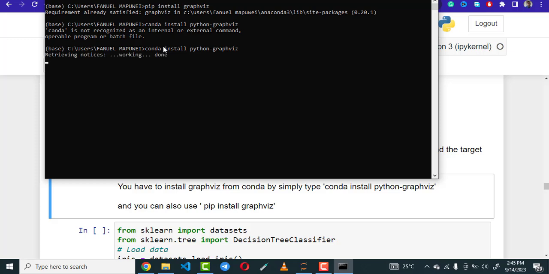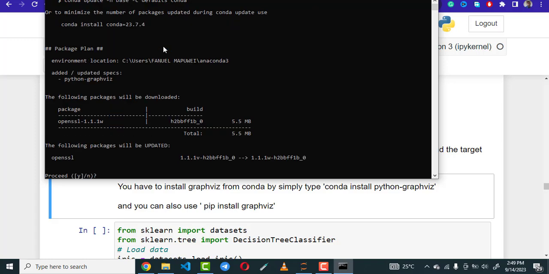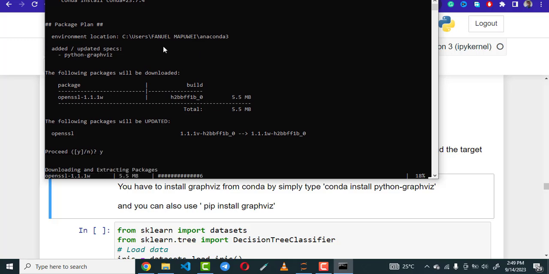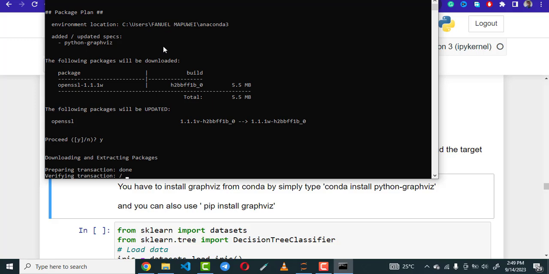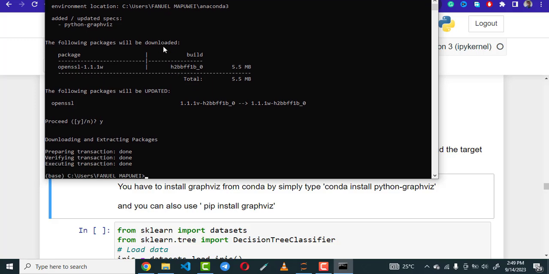If it is not there, we can actually see that it is installing. So here you just press Y to say yes. Then the installation will proceed, and the execution also will proceed. Okay, now we are done installing. So these are the two ways, either conda install or pip install. So after installing this,